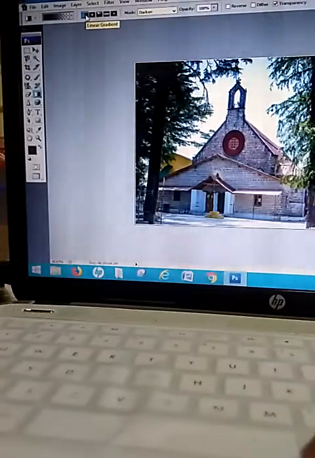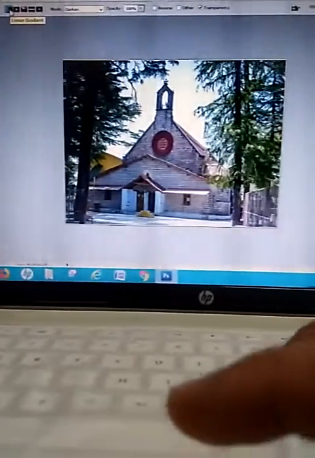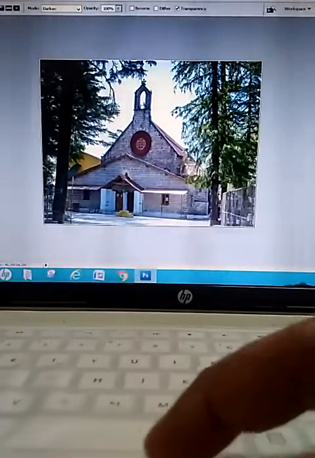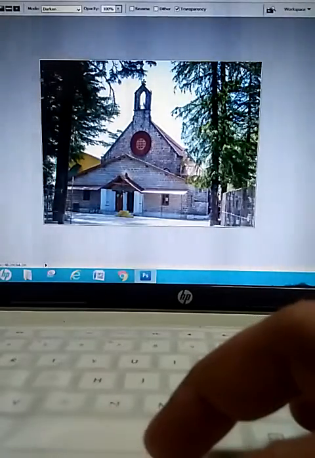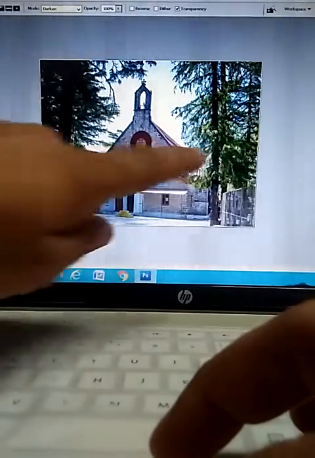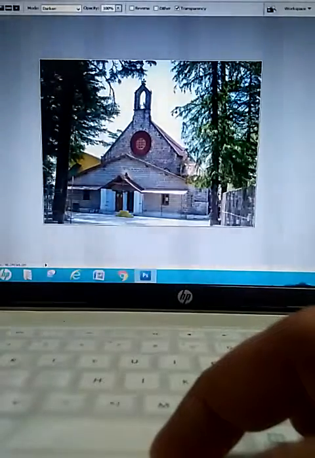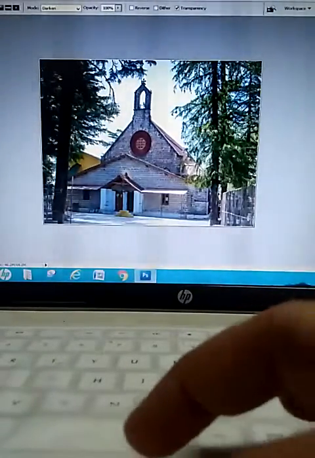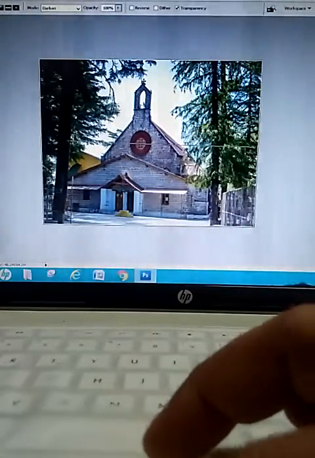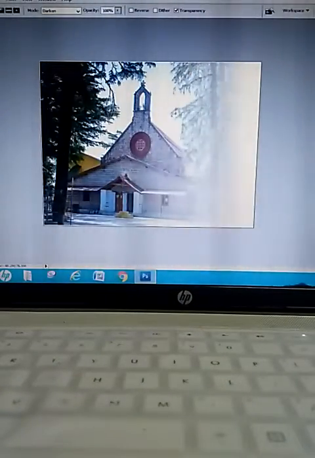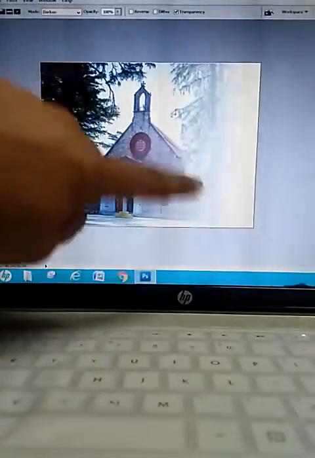So these two settings you have to do, and then what you can do for making a fade in your picture, you have to go to the right hand side corner, where my cursor is here, and hold down the left mouse button, making a line towards the left hand side. Then you will see that the portion will fill with white color. So that means this picture is faded now from this portion.